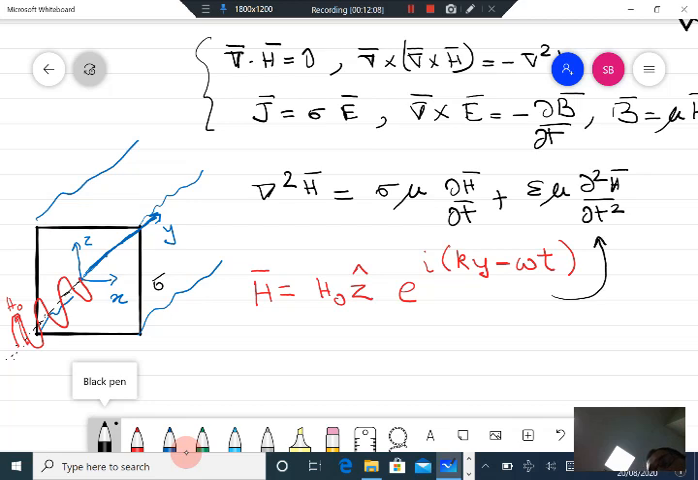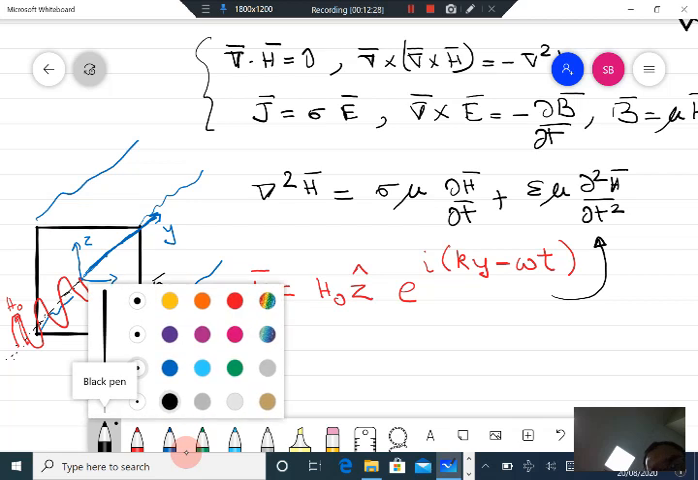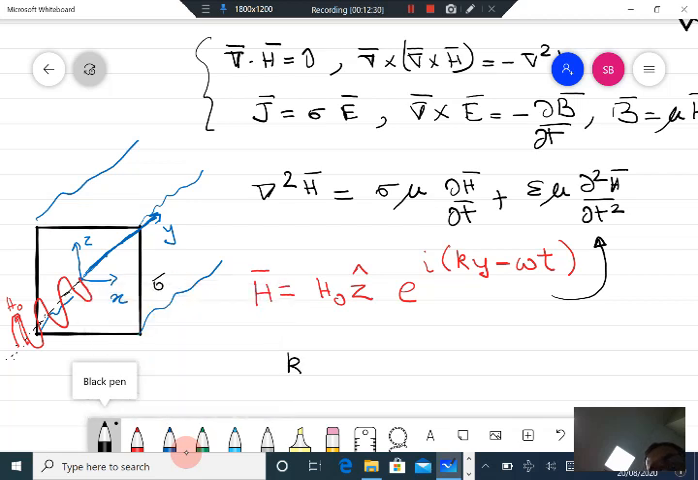So to see that, you just have to substitute this into this expression, and once you do that, one can show that you can write k in terms of omega. You get the dispersion relation, namely that k square is equal to i omega sigma mu plus epsilon mu omega square,